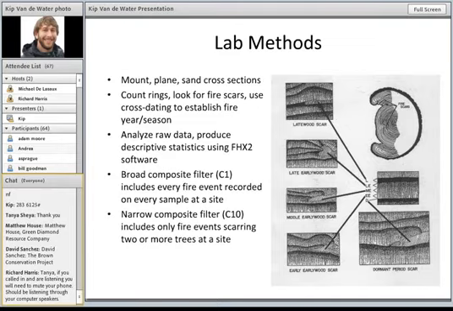we don't need to go too heavily into it, but basically we were looking at two different fire return interval types. One is what we call a broad filter, which we would count a fire anytime